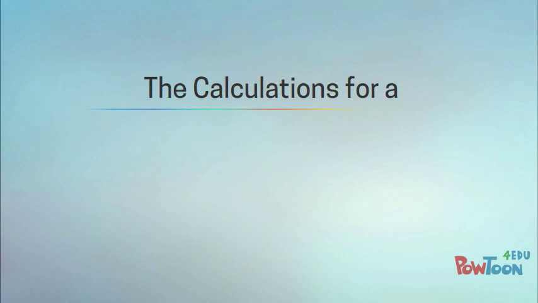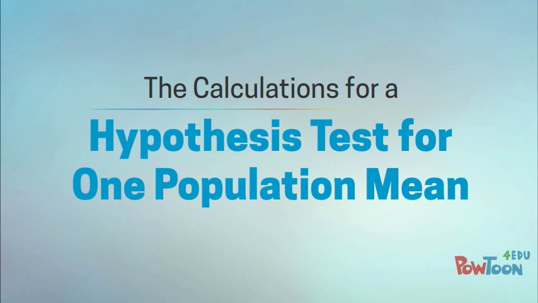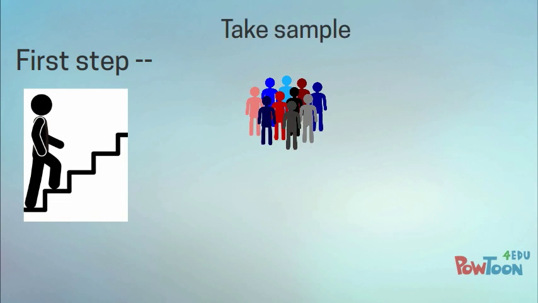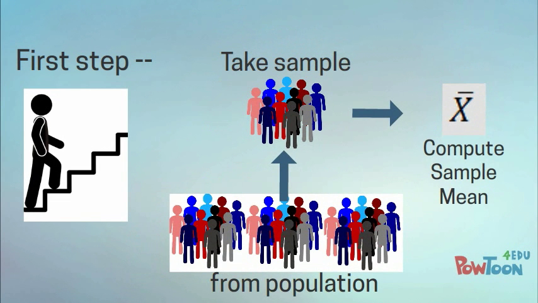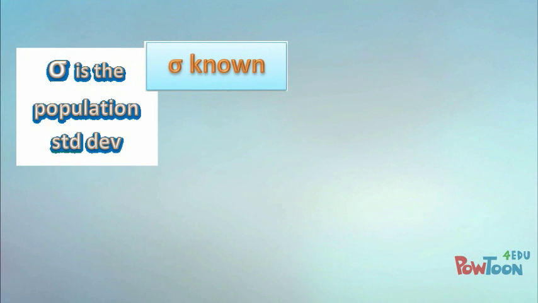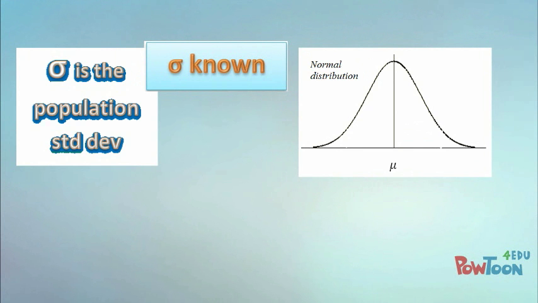The calculations for a hypothesis test for one population mean. The first step in the calculation for a test for one mean is to take a sample from the population and compute the sample mean. If the population standard deviation is known or assumed, we use the normal distribution to determine if x bar is